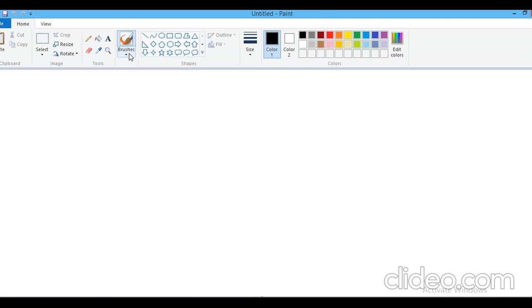Brushes, with the help of brushes we can draw and color also. Shape tool, to draw any shape in the drawing area. To draw any shape on the drawing area, we are using different shapes. To fill the color in the drawing, we are using the color box, to pick the color from the color box. With the help of the fill with color tool, we fill the color in your drawing.